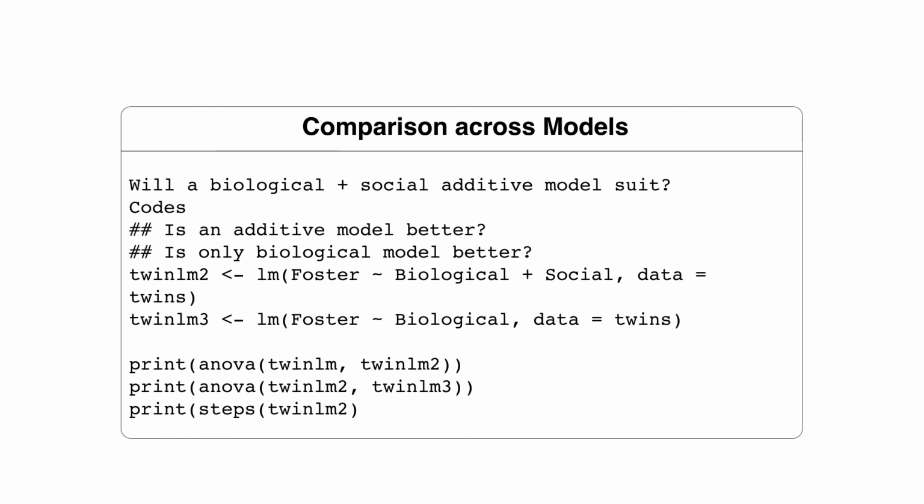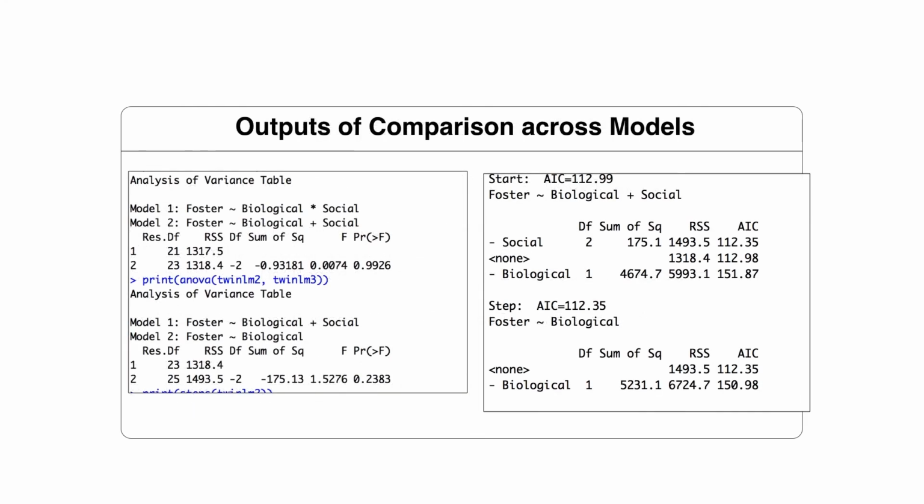Okay. So we do it in two ways. One is the analysis of variance tables, and the other is with the other one. And what is really important here is we'd like to see what happens when we add biological parameters to it. So in the first model, we are looking at the biological times social, and the second one, we're going to take a look at the